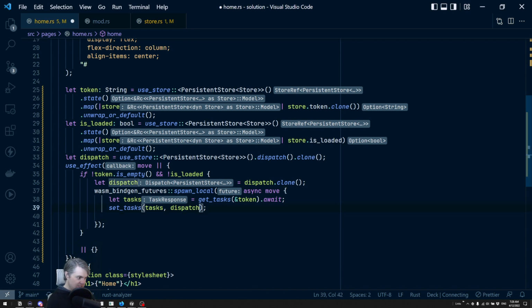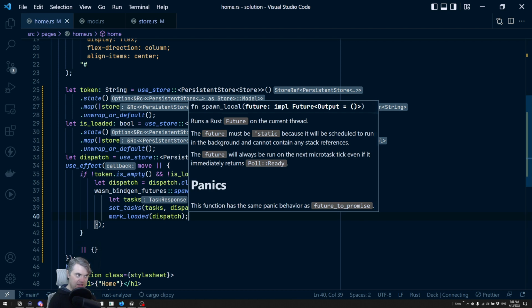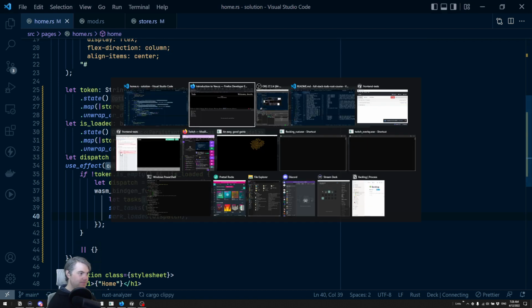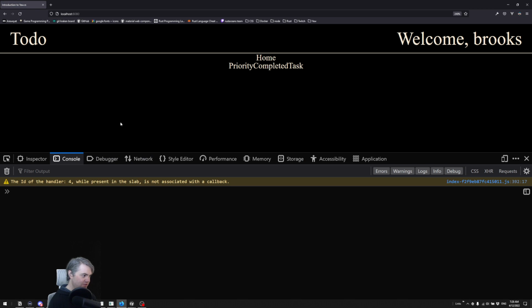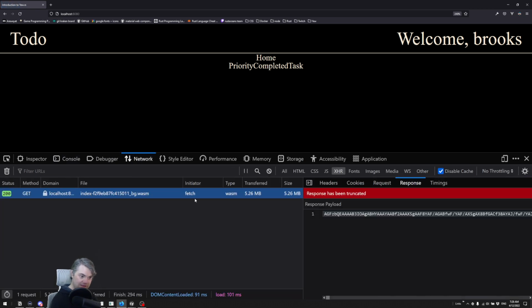Now we're using this dispatch here, which means I can just go ahead and clone this again, and then we'll use it down here. I think it's mark loaded. And there we go. So we should now only load that once. Go ahead and give this a shot. See if it's working. So first of all, if I hit refresh, we get